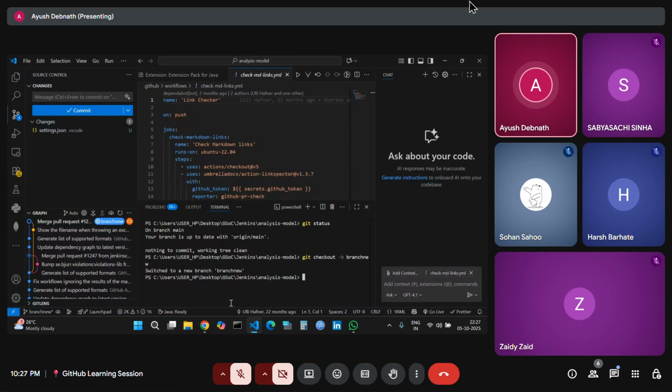But we cannot work in the main branch because if some issue arises, it is like, if you have used Photoshop, we already clone the real picture. We don't use the original picture to make changes, right? If an issue arises and we make some mistake in the code, then the real code vanishes. So that's why we make a new branch out of it. And now if I commit,